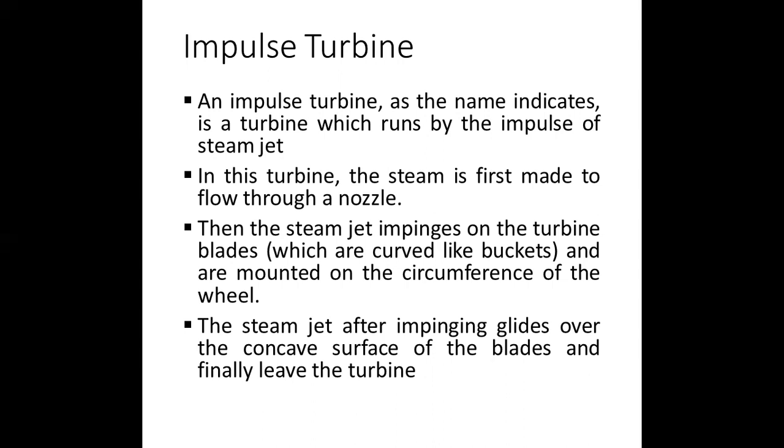Runner and blades. The runner of a De Laval impulse turbine essentially consists of a circular disc fixed to a horizontal shaft. On the periphery of the runner, a number of blades are fixed uniformly. The steam jet impinges on the buckets, which move in the direction of the jet. This movement of the blades makes the runner rotate.